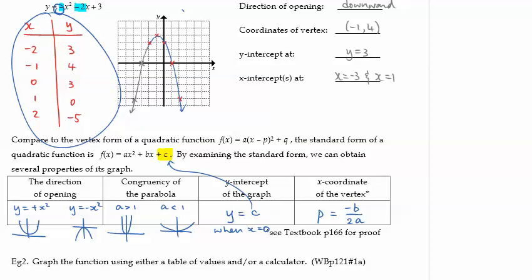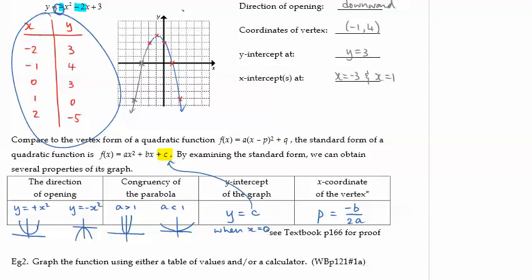You can identify the y-intercept by reading the equation itself. The constant at the end will give us the y-intercept. It happens when x equals 0. When you replace the x here with 0, we will have the y value. That will be the y-intercept. And finally,